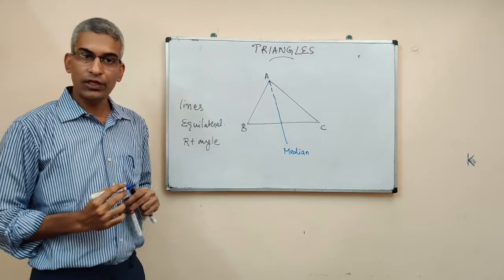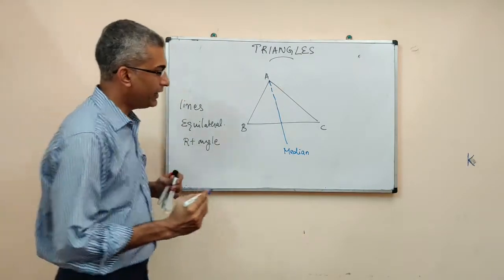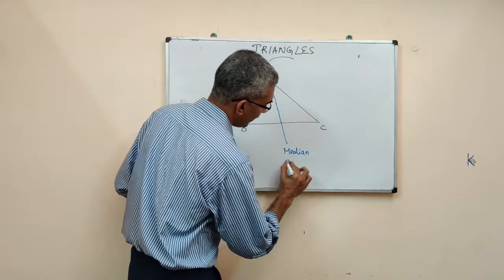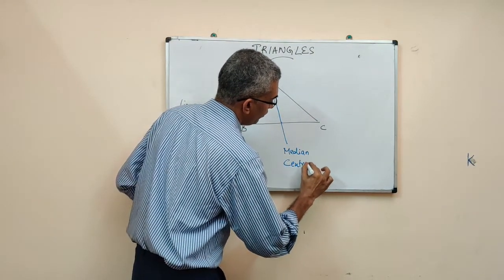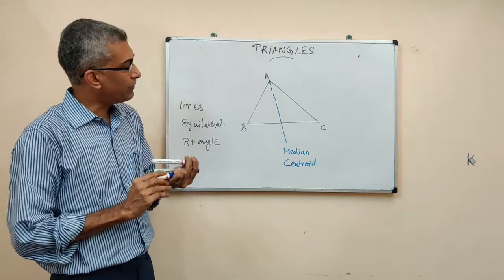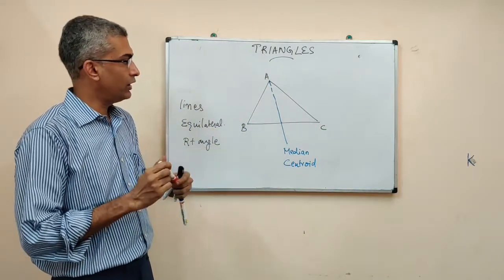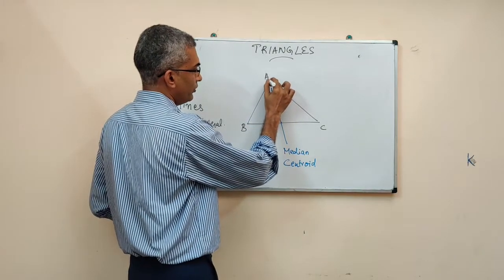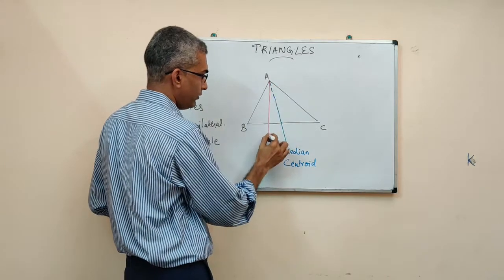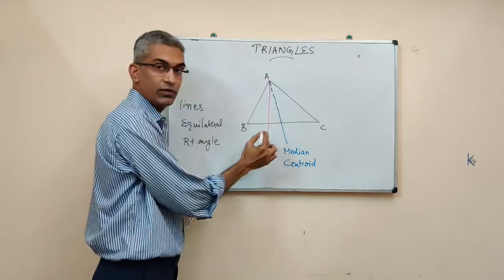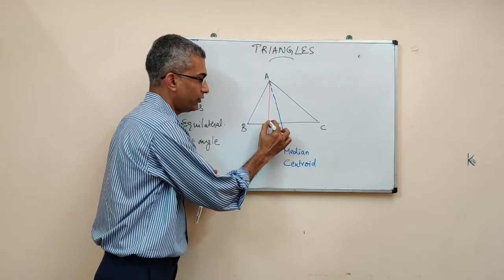A triangle will have three medians, and the medians will meet at a point called the centroid of the triangle. Another important line that comes in a triangle is the altitude,